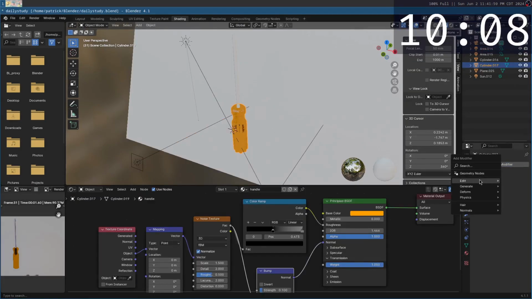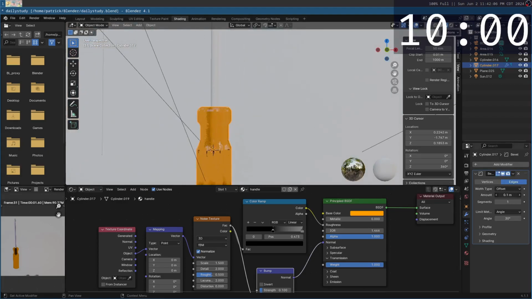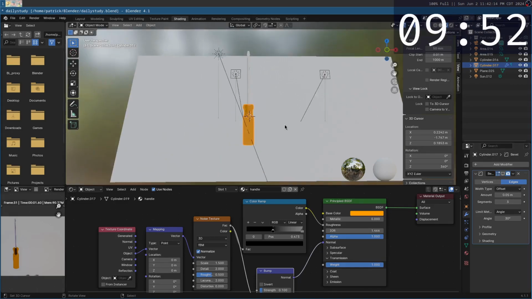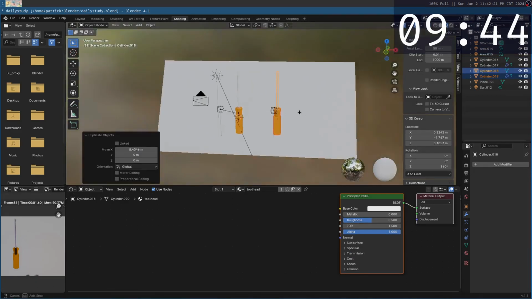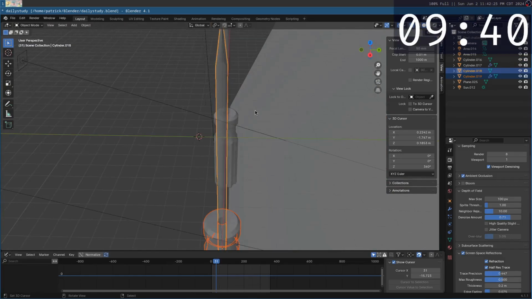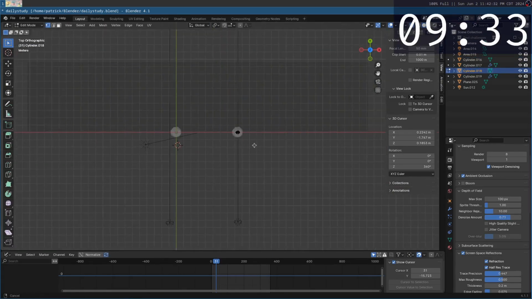So I'm going to add in a bevel amount. It needs to be a little bit smaller, 0.05 maybe, and we'll add in a couple more segments. Make that not visible in the viewport just to save us some compute. Then I'll duplicate this on the X, go to layout, and we'll make this into a Phillips head really quickly. That's going to be super simple because all we'll do is go into top view and